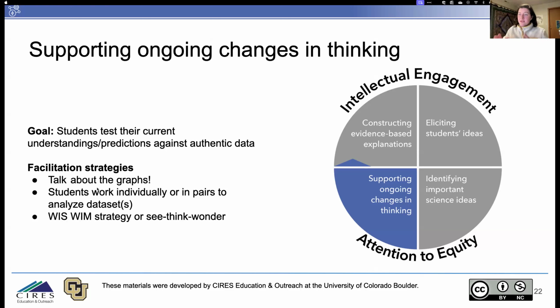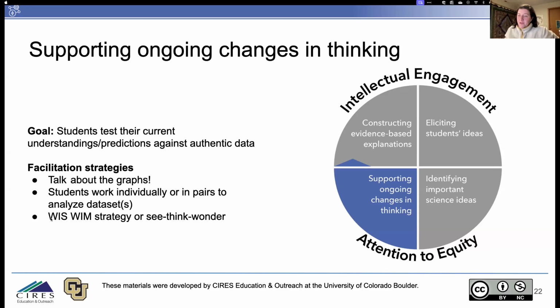This particular data puzzle is a little bit different than the others in that it does use map data, which is a little bit more difficult for students to look at and interpret. Although I will say I've been really impressed by my students. I think maps are something that we're more used to using on our phones and things like that. But still the shading can be hard to interpret for students.